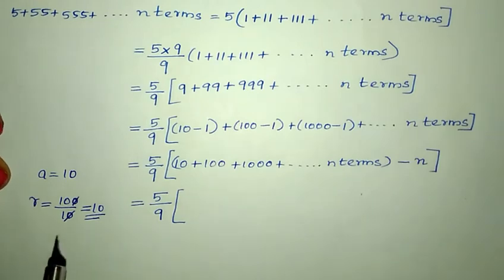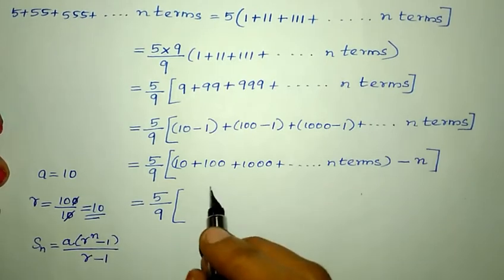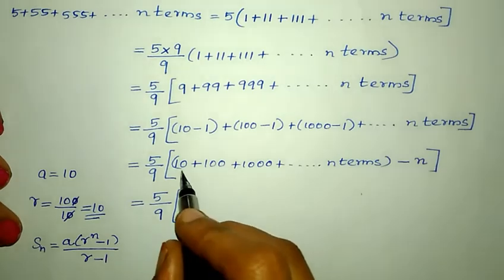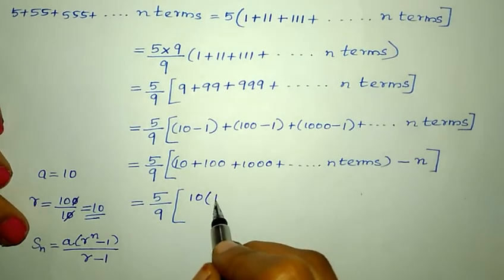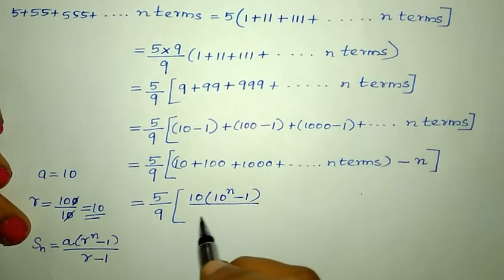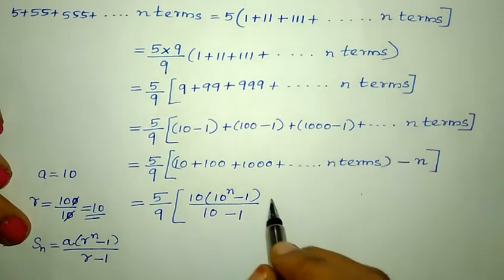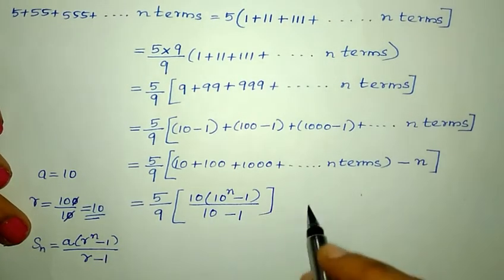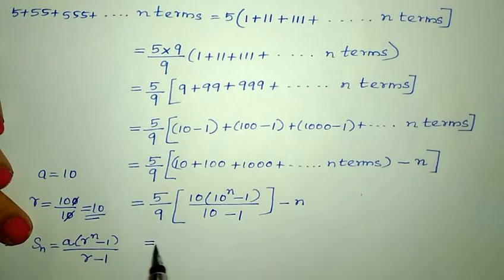Now we know that the formula is Sn is equal to A into R power n minus 1 by R minus 1. Here what is A? A is 10 into R is also 10. 10 power n minus 1 by R. Again R is 10 minus 1, minus this n, which is equal to,